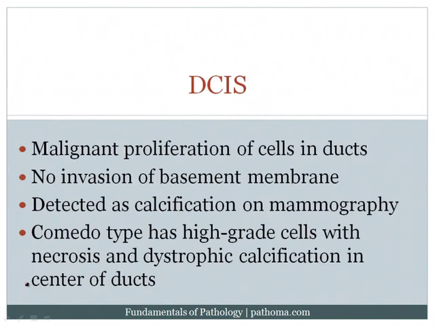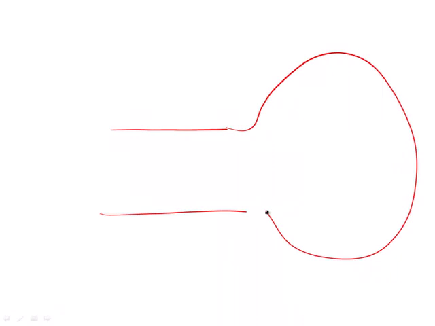Now, the first of the cancers that we're going to talk about is ductal carcinoma in situ. I think it's best to just take a step back and establish a few basic principles before we actually go into the subtypes of cancer. So let's go back and remind ourselves that the functional unit of the breast is something called the terminal duct lobular unit. So here would represent the terminal duct, and then you're aware that the lobule contains these glands, and that these glands are really the milk-producing glands of the breast.